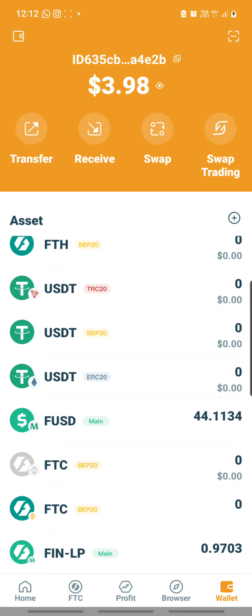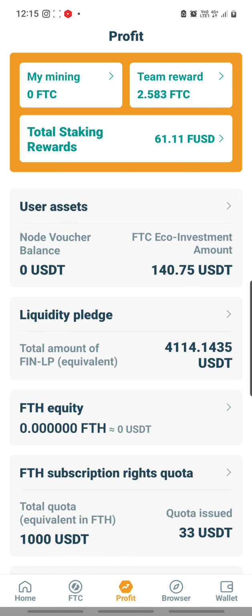Okay, so here it is, right? The FUSD main has appeared in my wallet. And what else is new? Let me figure. Okay, one more thing I discovered is new in this version is when it comes to the